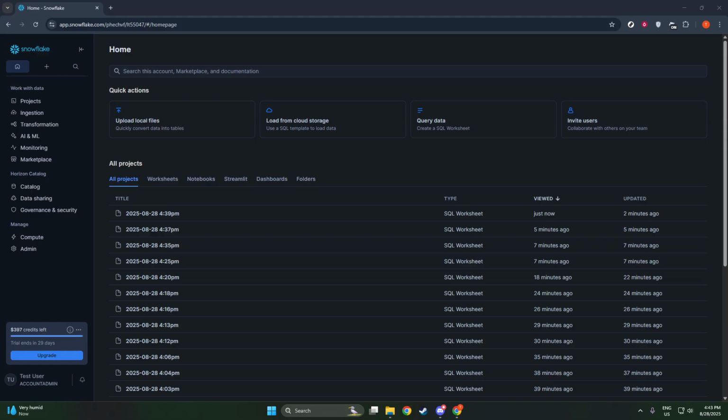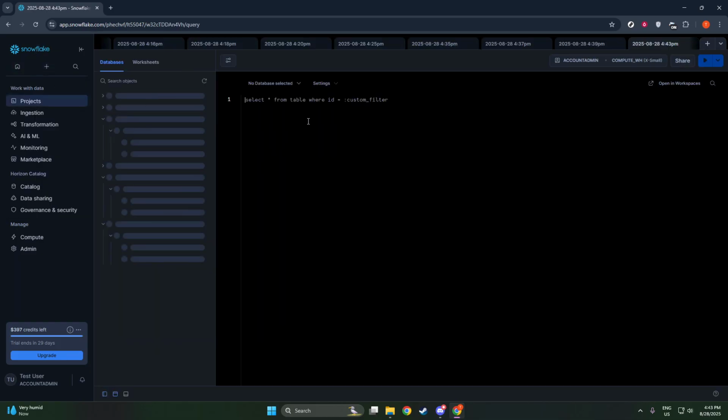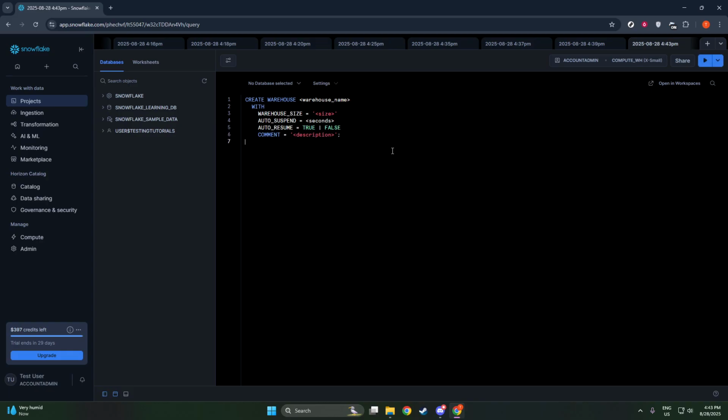To kick things off, when you create a warehouse in Snowflake, you'll be using the Create Warehouse statement. This is a crucial command that allows you to set up the key parameters for your warehouse. Understanding these settings is essential because they determine how your warehouse will perform, and ultimately, how efficiently you'll manage your